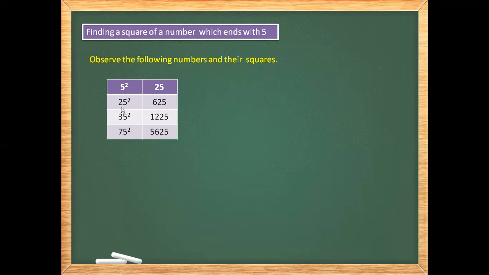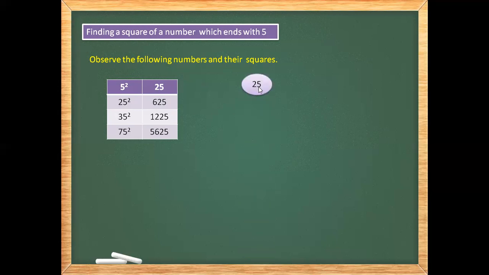And now check these numbers: 2, here it is 6, here it is 3, here it is 4, here it is 7, here it is 56. Now there is one relation between these numbers. What is that? Let's see through one example.